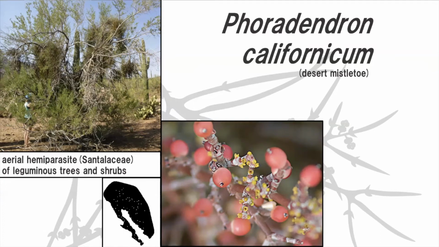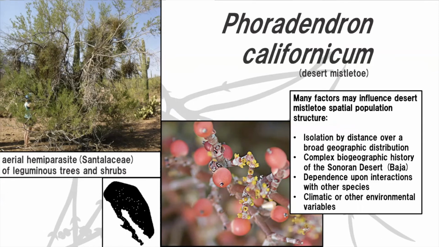You can see on that map roughly what the range is. And you may be familiar with it if you've observed it during the winter, that it produces this huge number of really small flowers and red berries